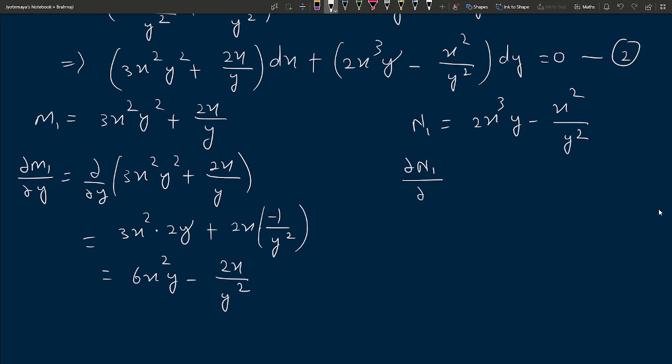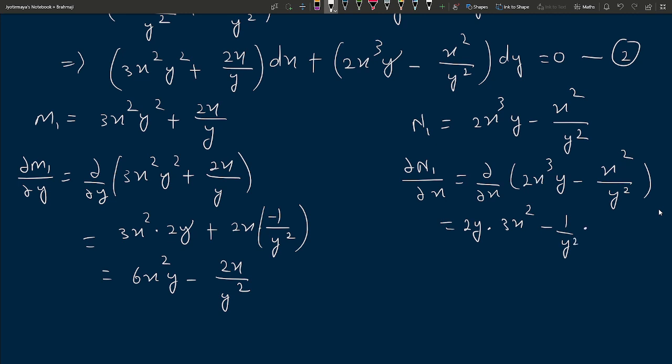Then del N1 by del x equal to del by del x of N1, that is 2x cube y minus x square by y square. This is the partial derivative with respect to x. So 2y is constant. What is the derivative of x cube? 3x square. So 1 by y square is a constant. The derivative of x square is 2x. This is equal to 3 into 2, 6x square y minus 2